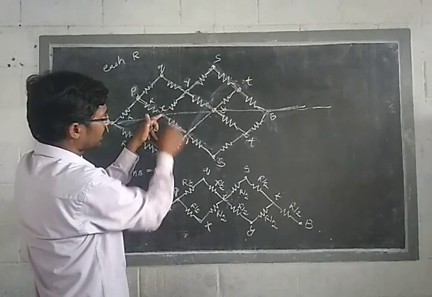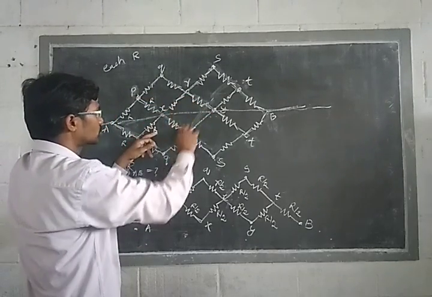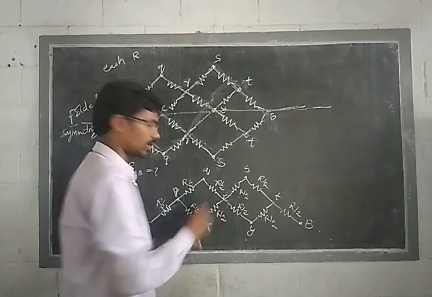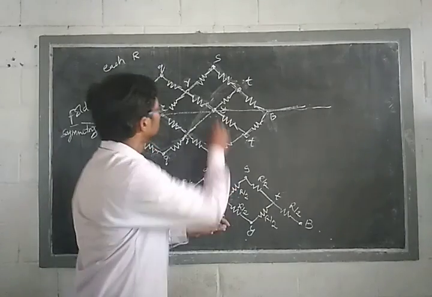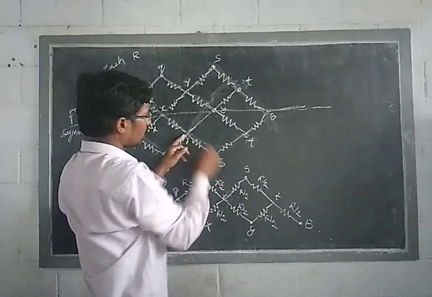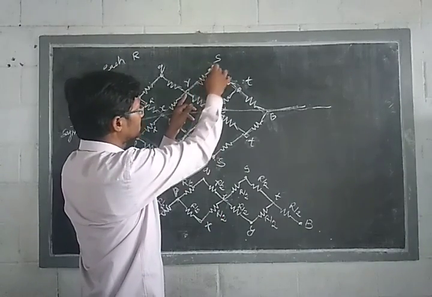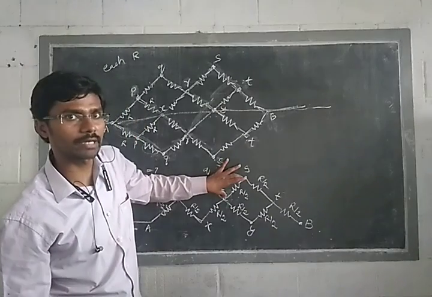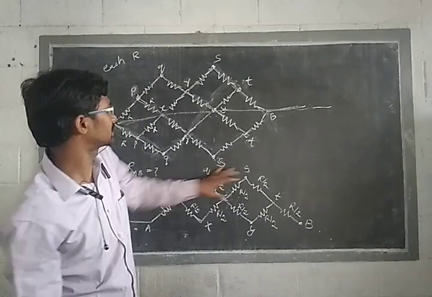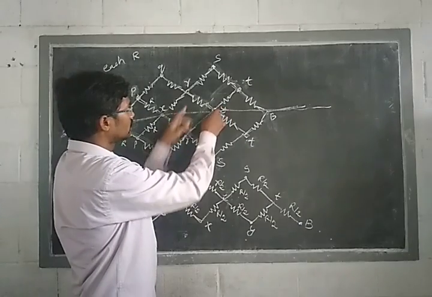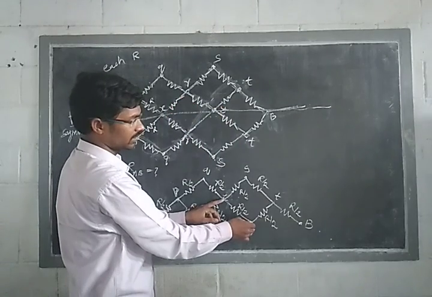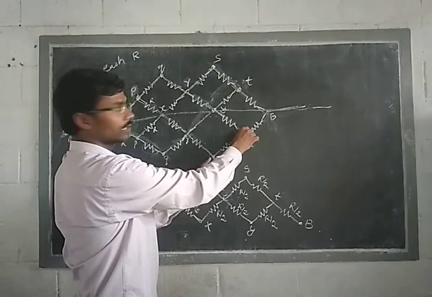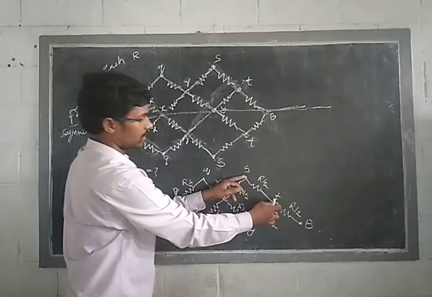Similarly, R and X. Here also R and X have the same potential difference. Then these two are in which combination? Parallel combination. Then the R X resultant is R by 2. Similarly, R and S, these two will have the same potential difference. Therefore, those two are in parallel, the resultant is R by 2. Is it okay? Next, Y and R, here also in parallel combination, R by 2. Even S and T have the same potential difference, and these two resistors are in parallel, R by 2.